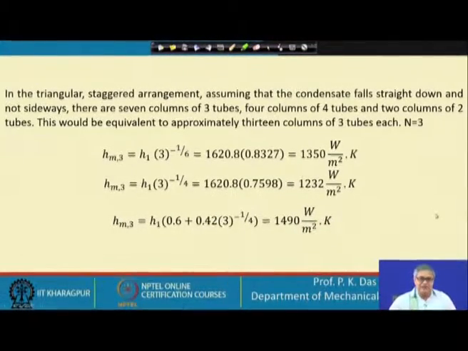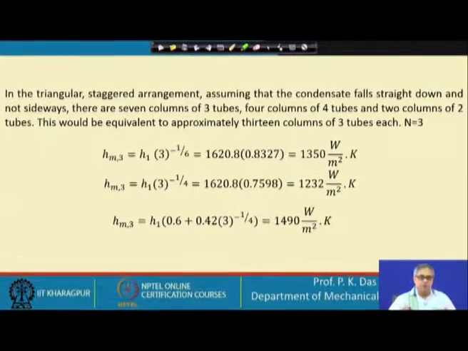Then there is a very simple mathematical calculation, and just like before, the Nusselt correlation will give the most conservative value of average heat transfer coefficient, that is the lowest value. The current correlation will be in between, and the experimentally derived relationship which was shown last will give the maximum heat transfer coefficient. So, now it is up to the designer what he will select. With this, let us go to the next slide.